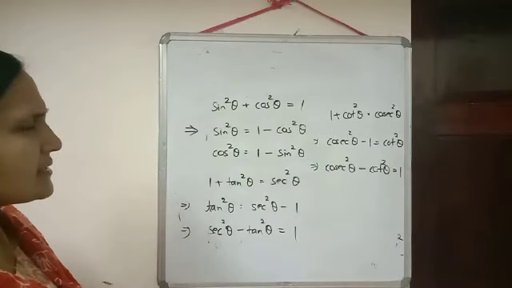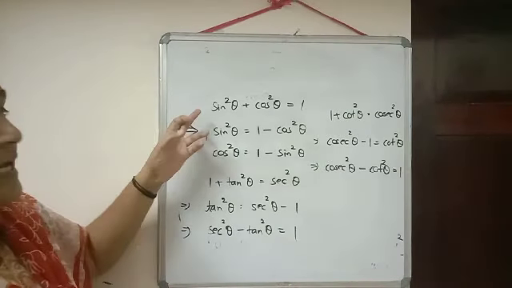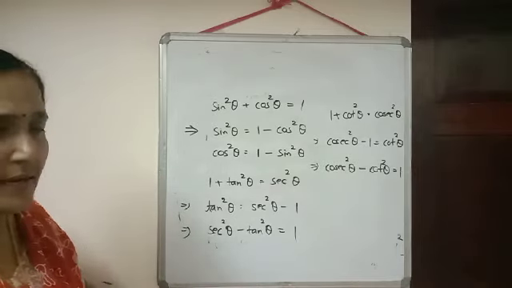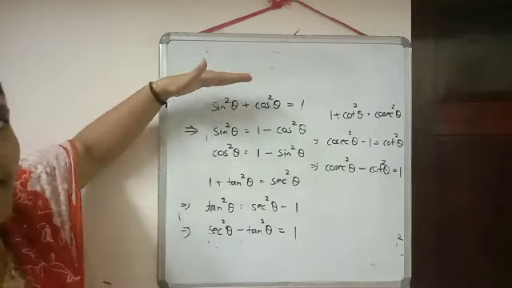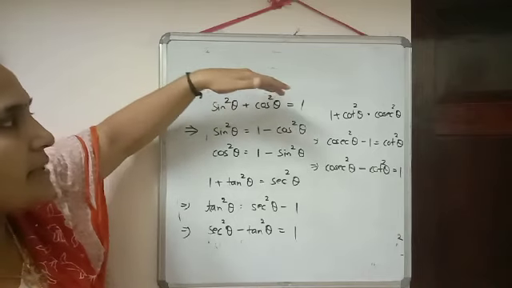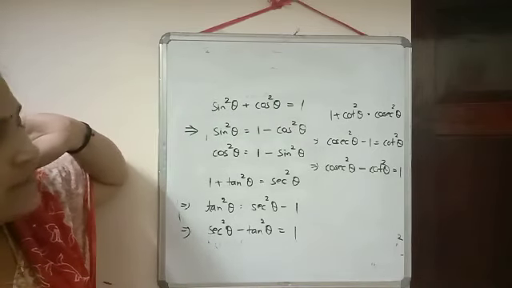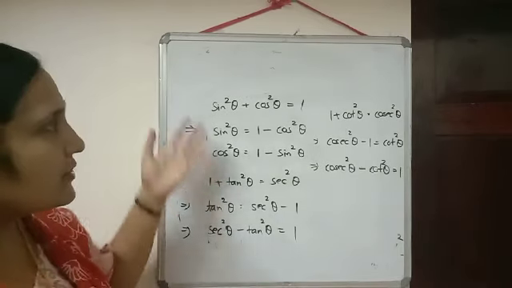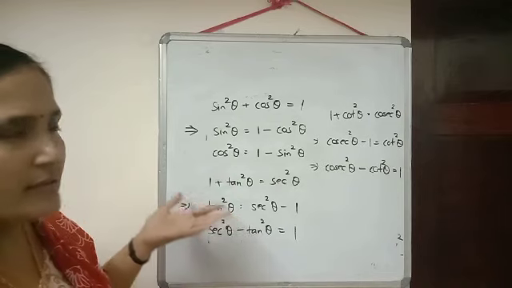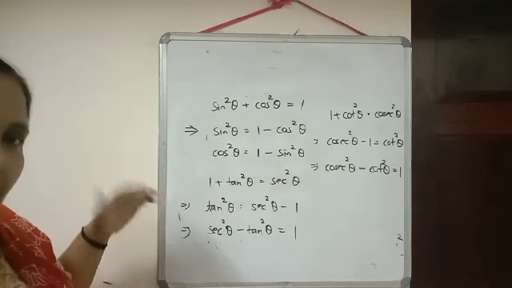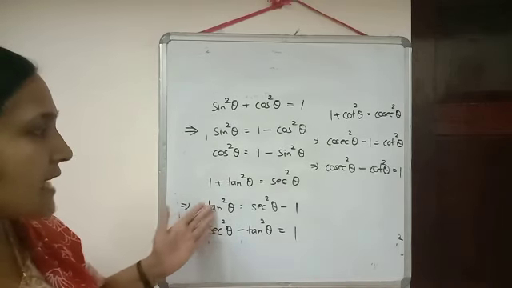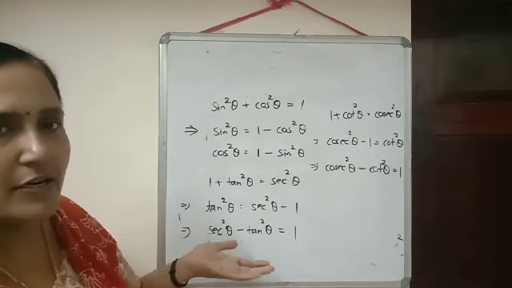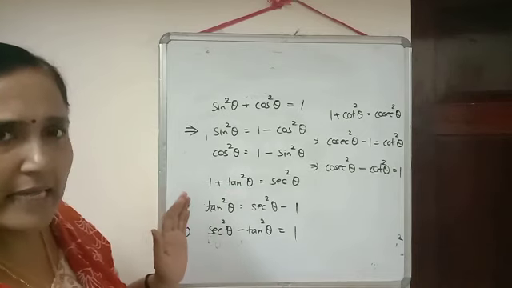All these are just direct applications of the trigonometric identities. My suggestion is that normally we remember only this identity: sin square theta plus cos square theta is equal to 1. If the expression is given in any other terms, it is better to change it in terms of sin and cos and then do the question. I will explain both methods. Otherwise we can also do it directly. In whichever method you are confident, you can use that method.